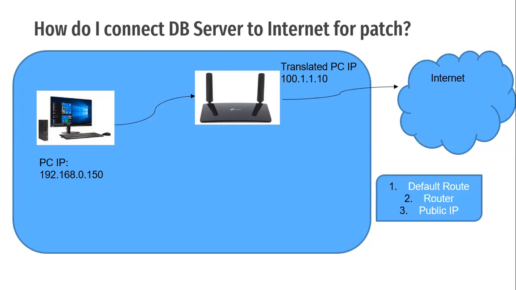But the next question is, can somebody else from the internet connect to the same public IP address and be allowed to connect to my PC? The answer is no. By default, it will not. And this is the exact same picture that we are trying to implement with respect to our DB server. So let us have a look at the solution.